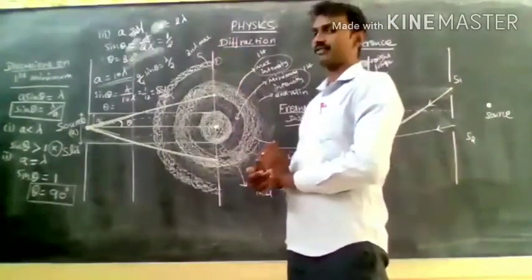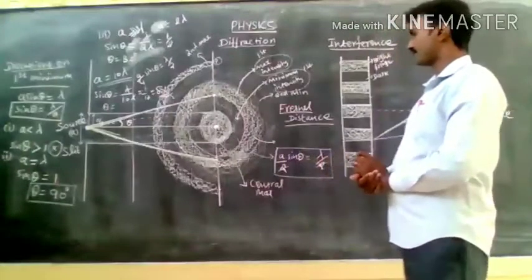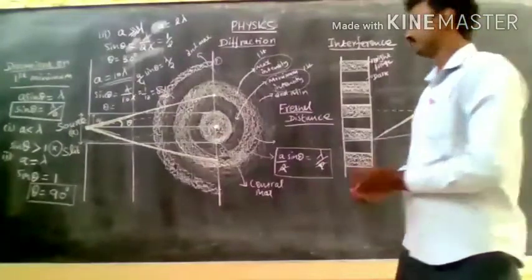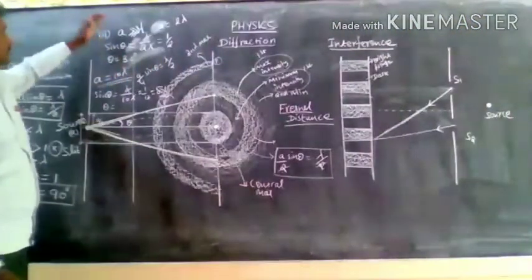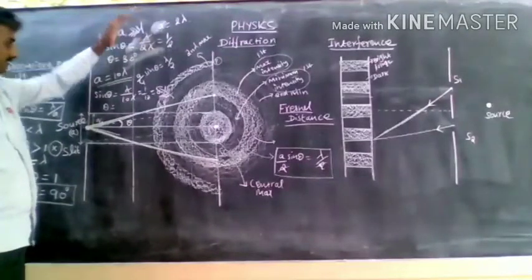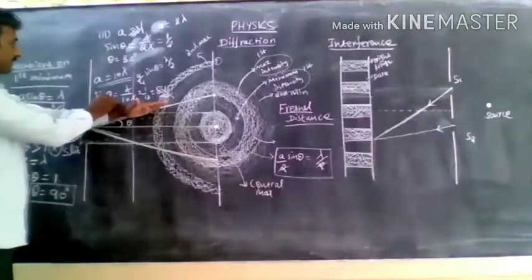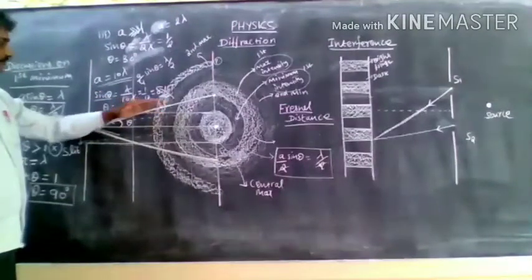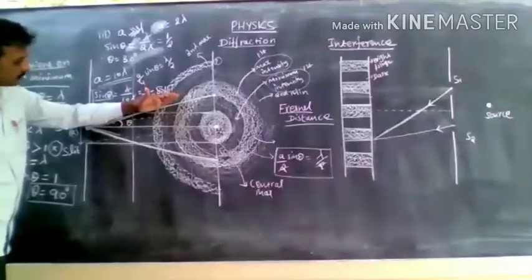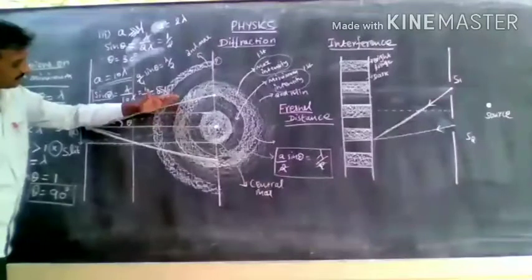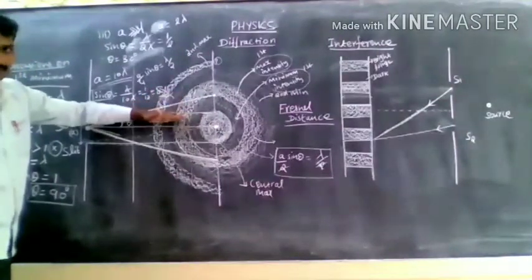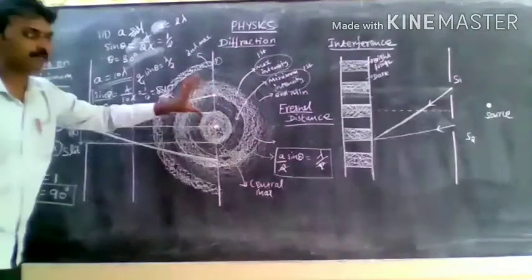So this is the discussion on the first minimum. Next, come to the second important 2 mark question: Fresnel distance. Suppose the size of the slit is very much greater than the wavelength of the light. It gives a minimum angular spread. It means sin theta becomes very small. So the angular spread of the first minimum falls inside the central maximum, falling inside the central maximum, it gives a central bright fringe only.